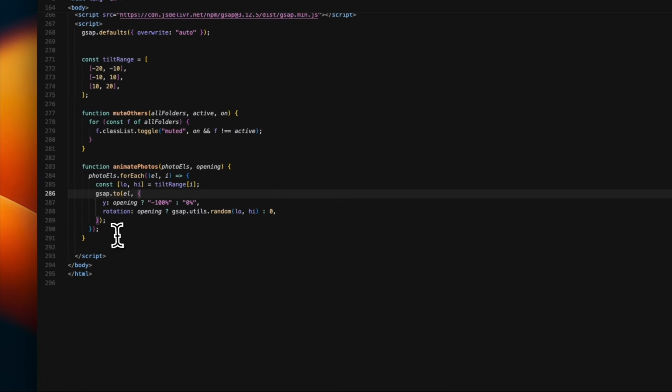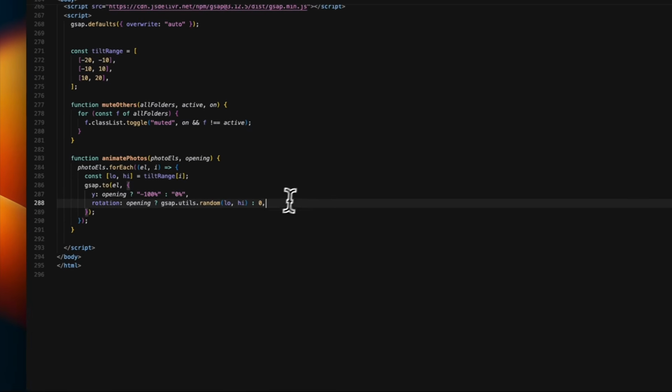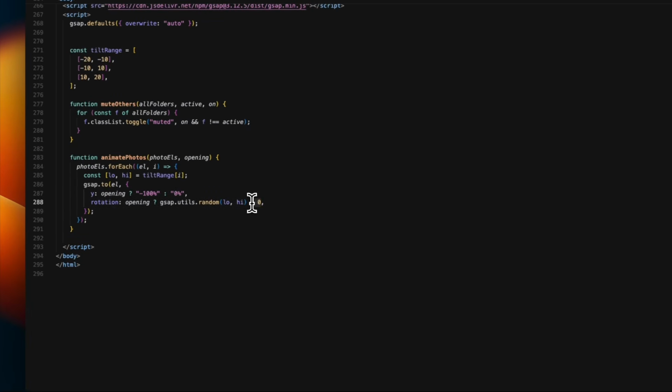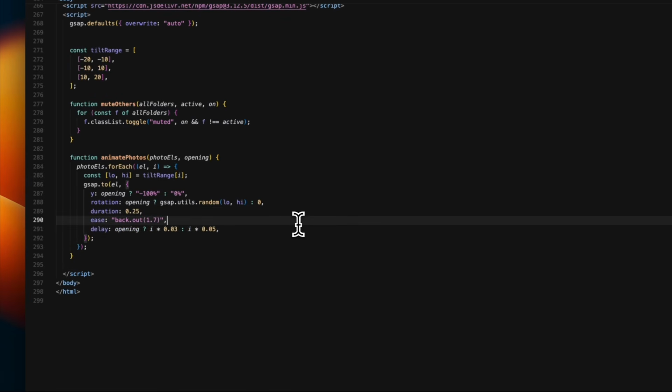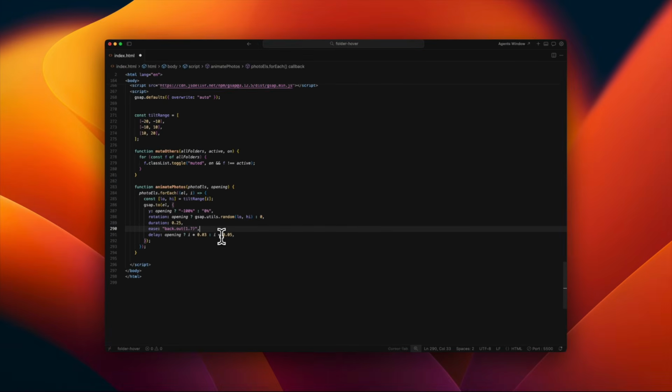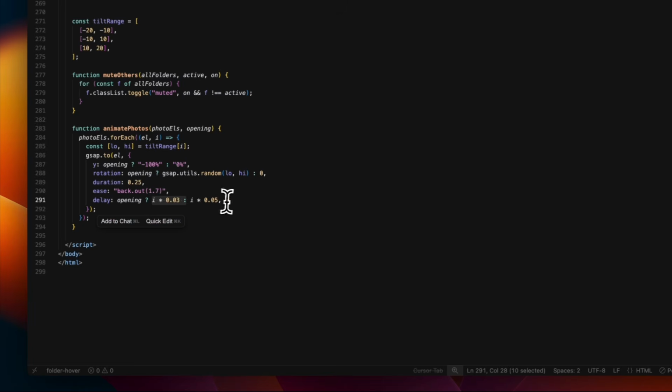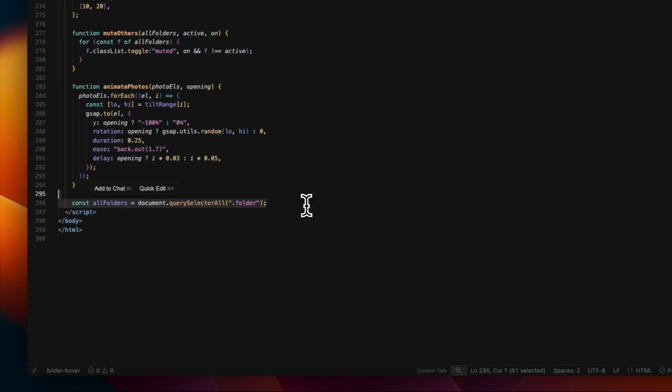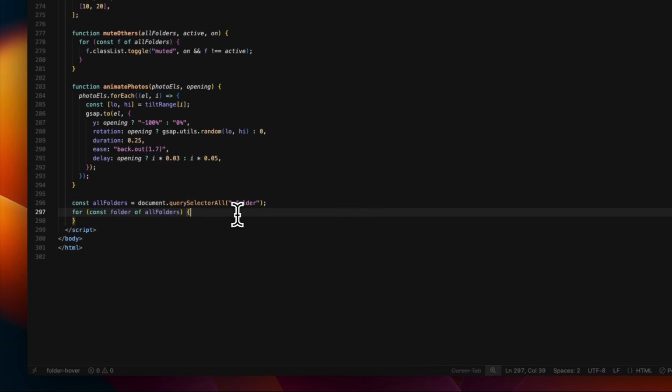You rotate it, if this is true, with the random value. Now this random value ranges between the low and the high value, and if this is closed, it doesn't really rotate, so you have rotate as 0. And then the duration of this would be 0.25, an ease, as well as a delay of opening. A delay if it's opening, or if it's animating, then this is the delay that you want to add, else this. And then what you do is you grab all the different folders with querySelector, run a for loop